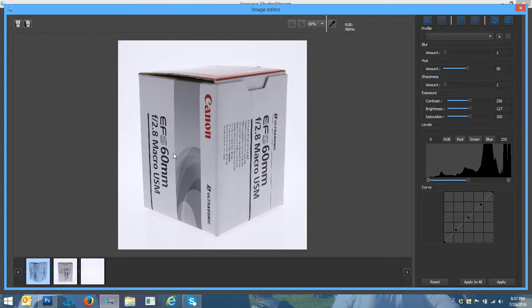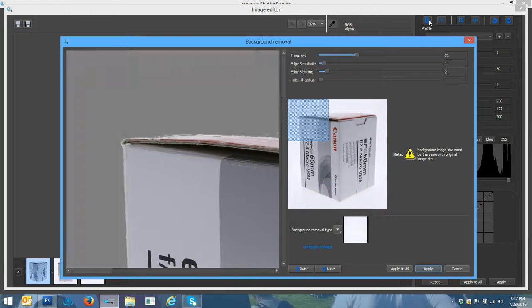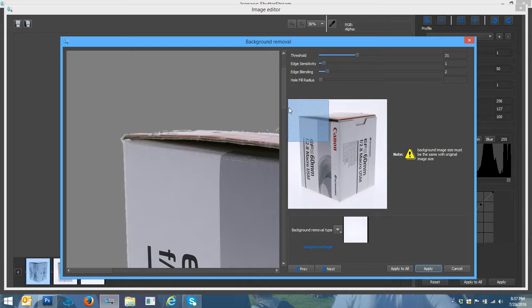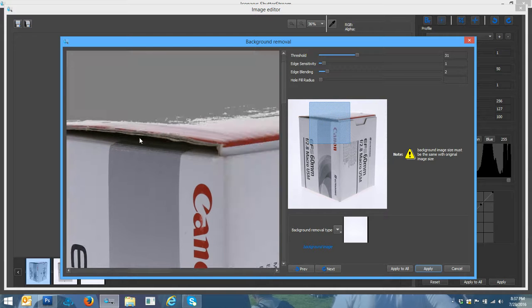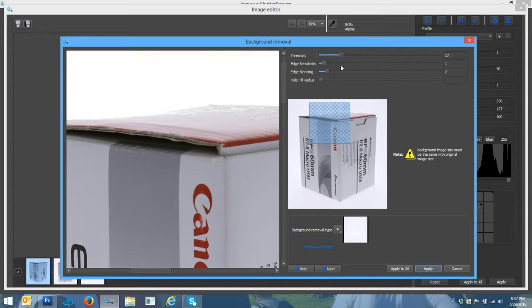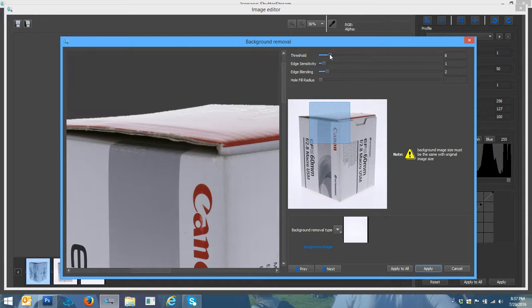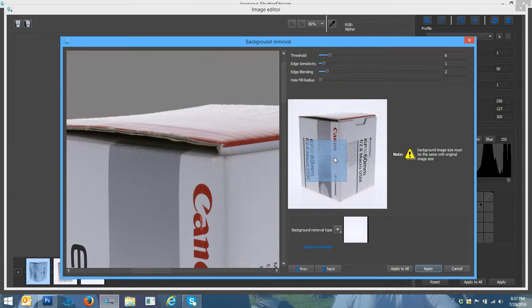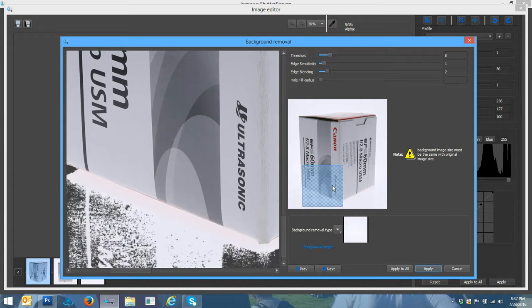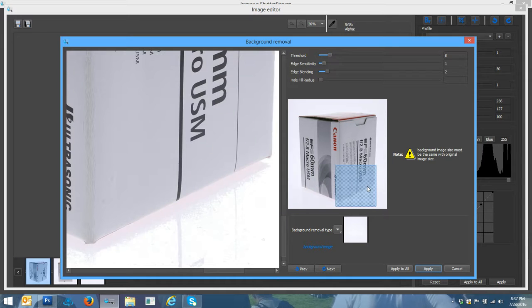Now we'll go back to our product image and we'll enter back into our BR. And we're going to see here, again, I picked this product just because I knew it would have a little bit of problem here, is it's actually eating into the product. Now we could go ahead and start to adjust our threshold so that it wasn't actually eating in, as we can see right here. But for the purpose of this demo, I do want it to actually eat into the